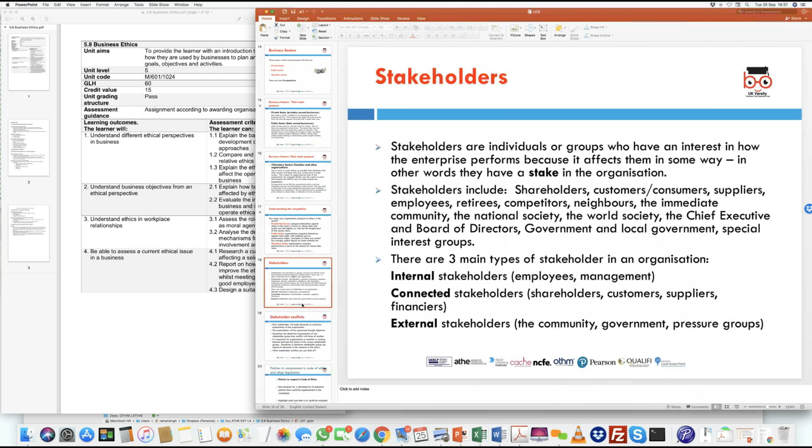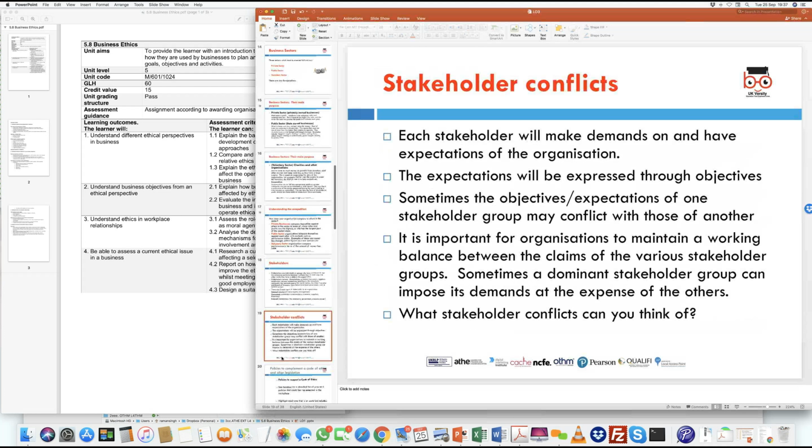Now, going to stakeholders. We know that different organizations working in different sectors and with different types of legal entity will have different stakeholders. Now, these stakeholders will have different requirements. So when we look at different requirements here, what we want to look at is,